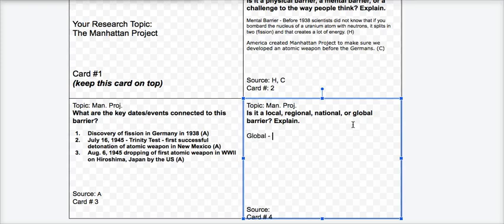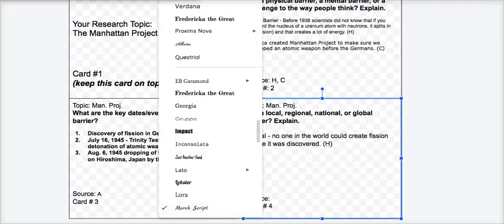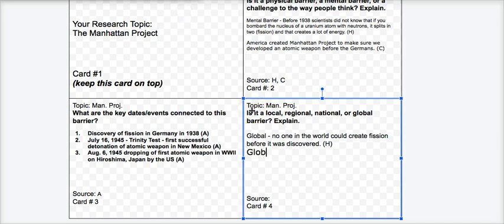Global because no one in the world could create fission before it was discovered. And again, I'm going to go with source H because that's where I learned about the development of that process. It was also a global barrier in terms of the dropping of the bomb